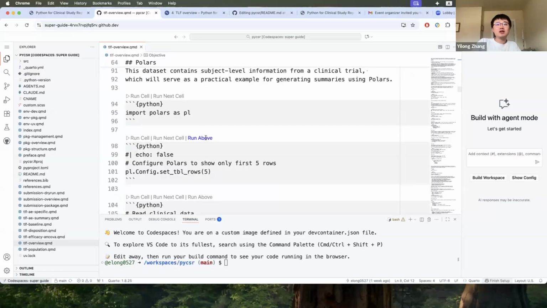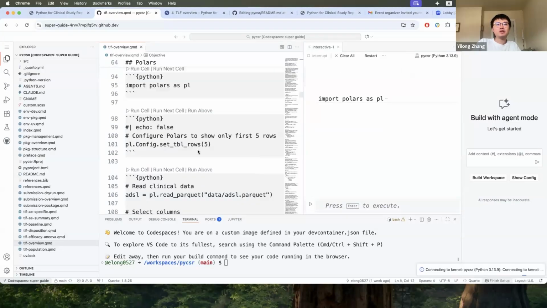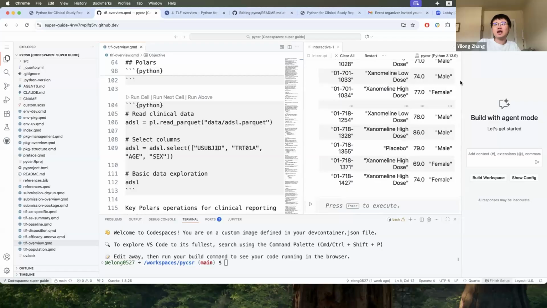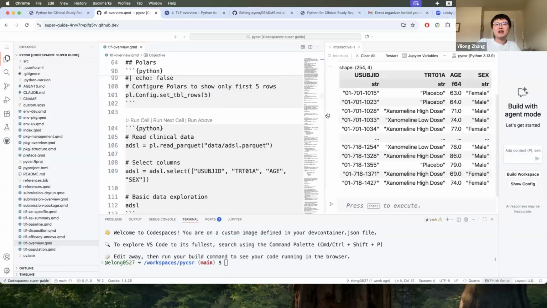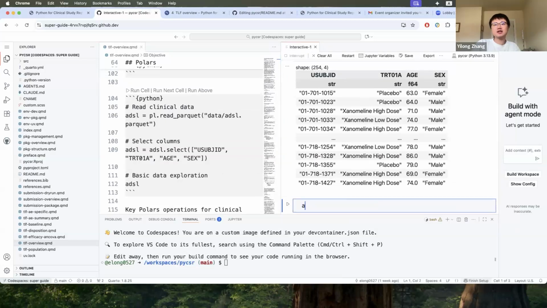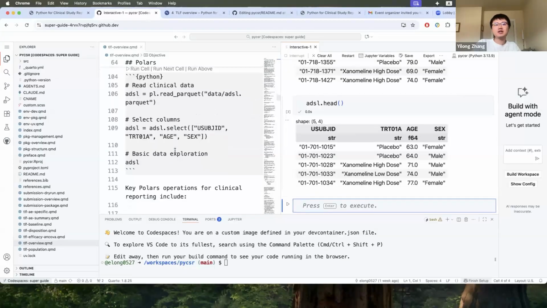See, we can just run above, and you already import Polars, right? And also for here, you can just import the ADSL data set. And now you can say, hey, I have the ADSL data as a starting point, and I can just get some data sets quickly like this interactively here to further explore what you are interested in.